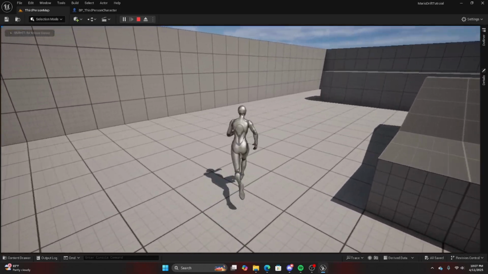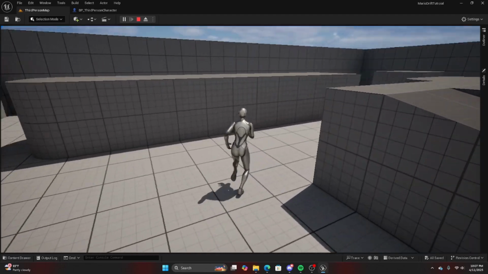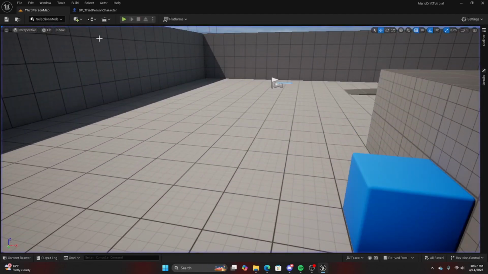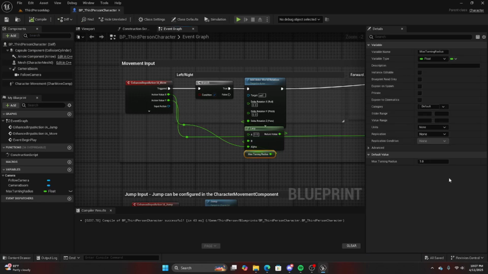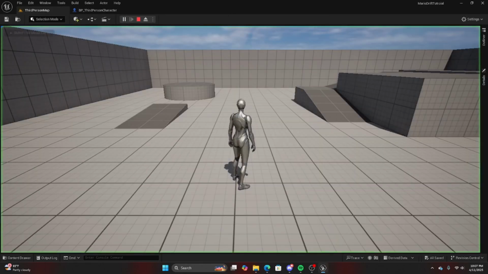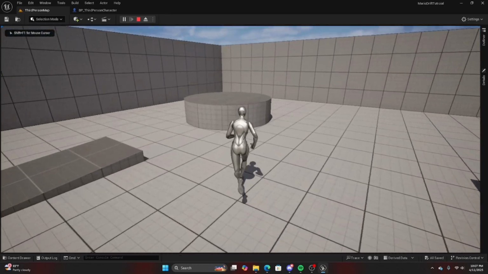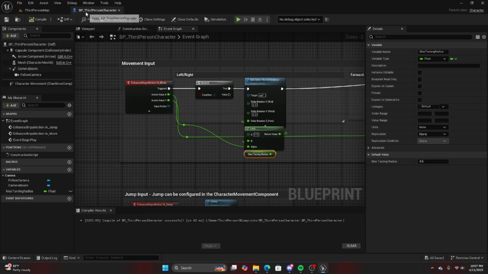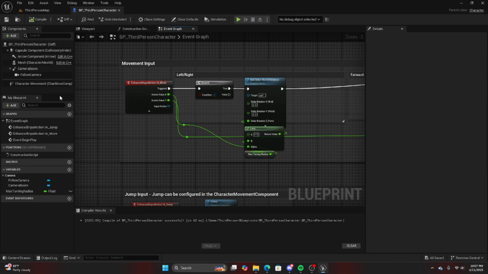Hooray! Now, obviously this is the most human-like car you've ever seen. Nothing turns this great. Again, if you want to fix that, you can change the max turning radius down to say something like 0.5. That'll be a little more restrictive in terms of how you're able to turn. So now you turn less quickly. And yeah, that's perfect. Now the next thing we need to do is go into our character